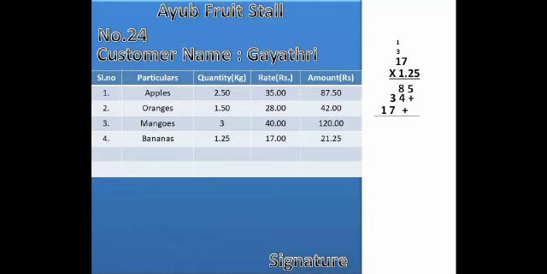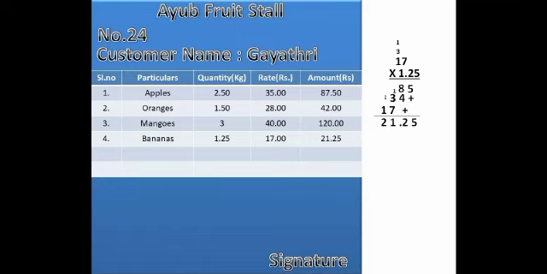So in the units place, there is no number other than 5. So you will bring down 5. Then 8 plus 4 is 12. 2 you will bring down and 1 you will carry. 1 plus 3 is 4. 4 plus 7 is 11. 1 you will carry up and 1 you will write down. So 1 plus 1 is 2. Now after two digits from the left, you will put a point. So it will be 21 rupees 25 paise.